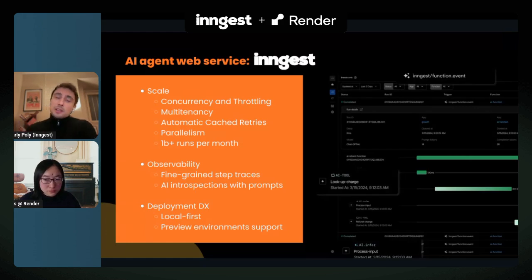And also, I would like to cover multi-tenancy. There is global concurrency and throttling, but you can also create dynamic ones, where throttling and concurrency are bound to a specific user or a team, which gives you multi-tenancy in one line of code. And multi-tenancy keeps you from falling into the noisy neighbor kind of problem, which is